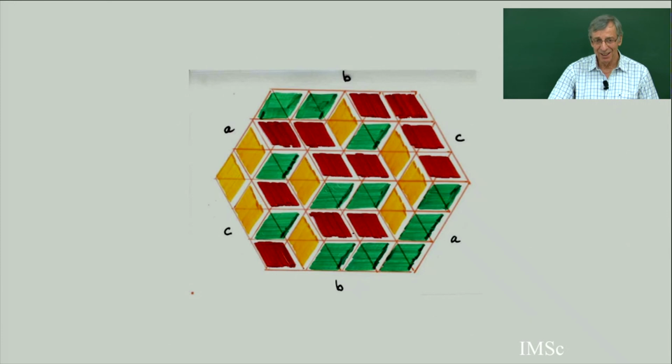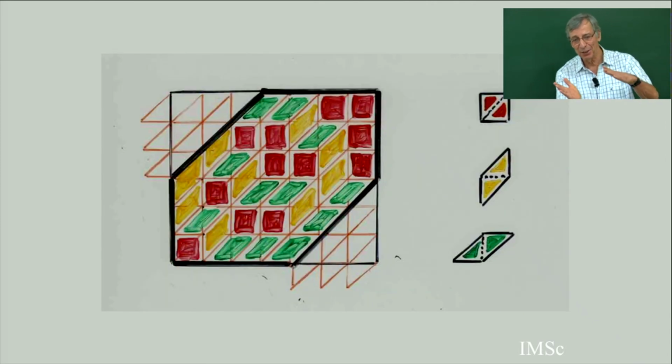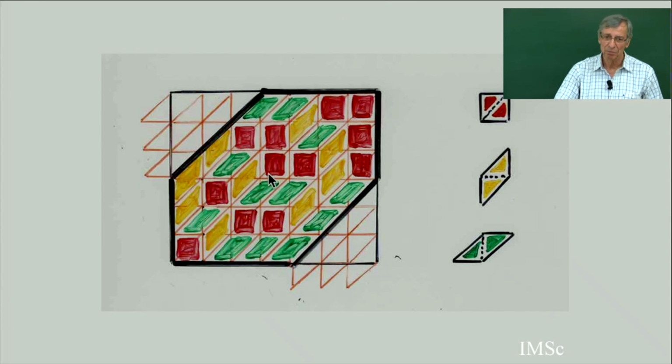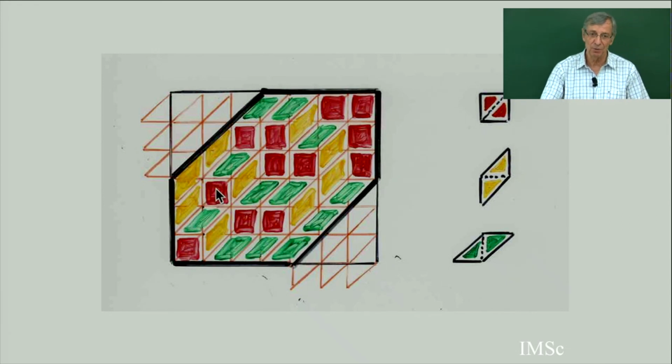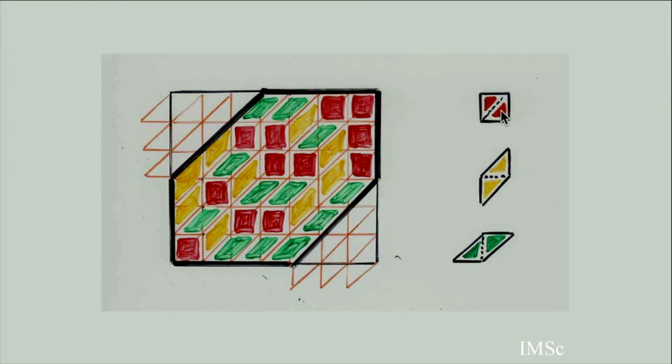So first, instead of working with a triangular lattice, to work with the algebra, I need a square lattice. So I will make a deformation of my hexagon ABC. I will make a deformation like this to have, again, a tiling. So the triangular lattice is just a square lattice with a diagonal step. So the 3 different tiles become this: the square, this, and this. This is just a deformation of the triangular lattice. Right? To have the square lattice with diagonal step. So here the hexagon becomes this.